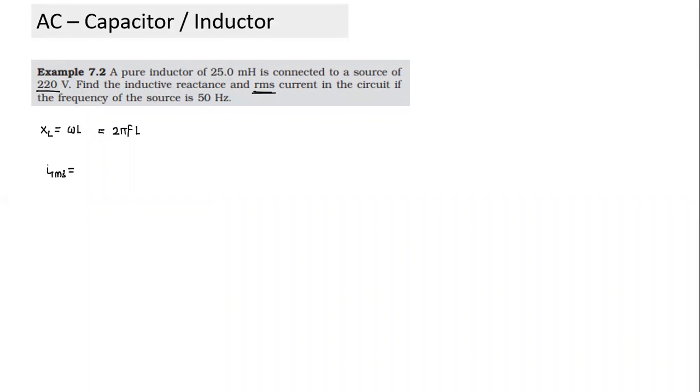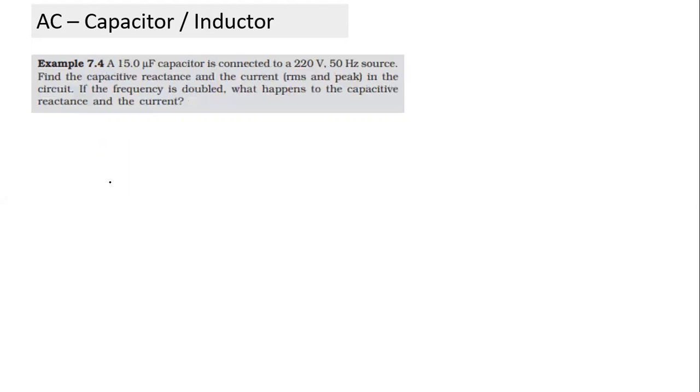So when we apply this rule, either I can check current also RMS, V also RMS, or if this is maximum, V also has to be maximum. So I RMS will be equal to V RMS by XL. Is this 220 volts here RMS voltage or max amplitude of voltage? Whenever it is given like this, RMS is RMS value. So this also is a very easy question, simple substitution. All of you can easily solve.